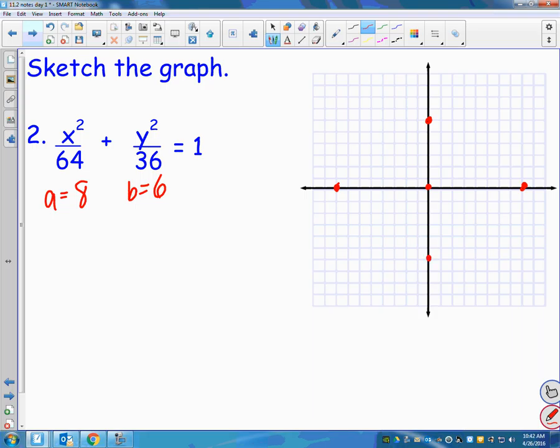And again, it's kind of circular because A and B are not that far apart. Think about if B was like 4, it would look a lot